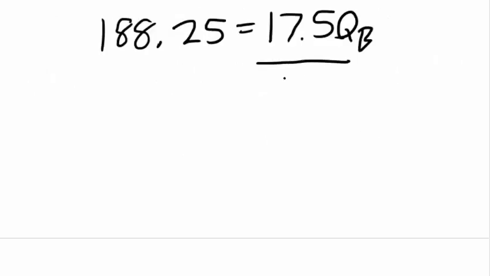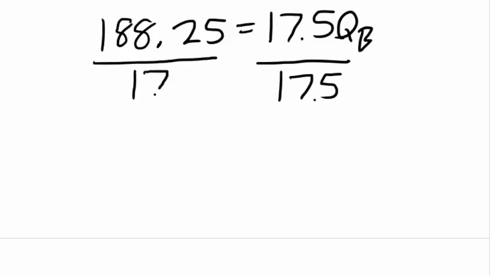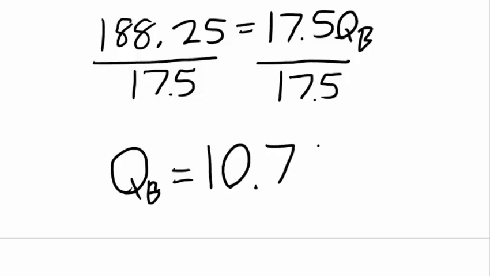And if we divide both sides by 17.5, we get QB equals 10.76. So for whatever good firm A and firm B are producing, firm B would produce 10.76 units of whatever